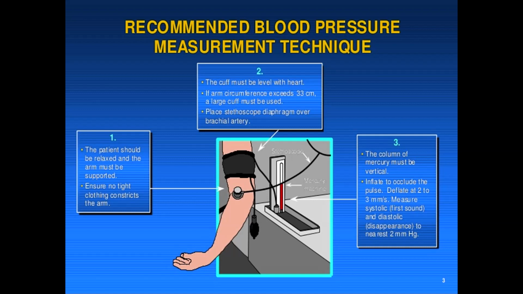Once you have taken the blood pressure, it is normal to have a different reading with a difference of 5 to 15 millimeters of mercury in both arms, but if it is more than that, it must be suggestive of coarctation of aorta. 20 millimeters of mercury is taken as the cutoff. If the difference is not more than 20, say 5 or 10 millimeters of mercury, and the patient's right arm has slightly higher blood pressure than the left, then in future follow-ups you will take the right arm's blood pressure as compared to the left.